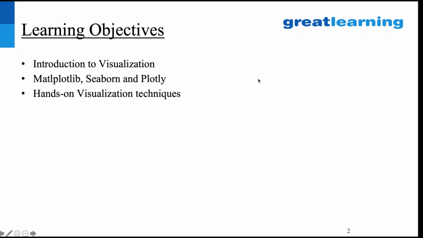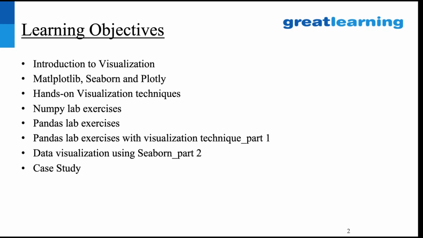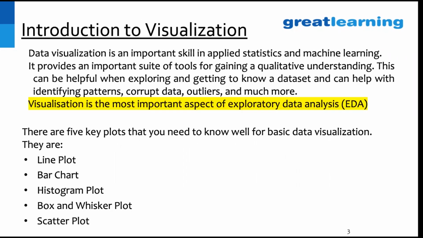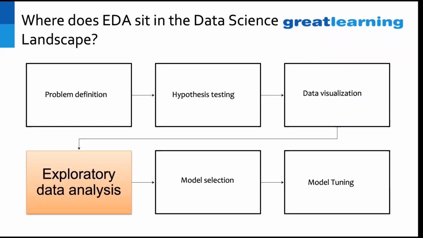So let's quickly, we touched upon these things. Let me go on to the slide. We'll touch upon these things, but we'll go into detail about this. Right, so this is the whole scope of analysis. What happens right from when you get a problem from your business to solve to when you come up with the final model. In the process, you have a problem that is given to you. You start looking at the problem and you define what exactly you are going to solve. It is sometimes imperative, because the problem that is stated by the business is not exactly the problem that needs to be solved, because more often than not the business talks about symptoms and not the problem.